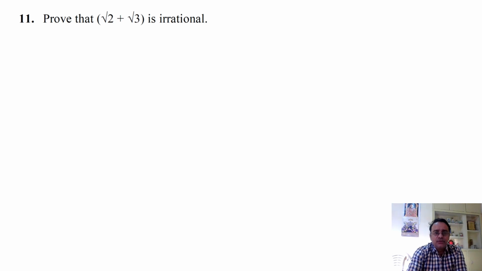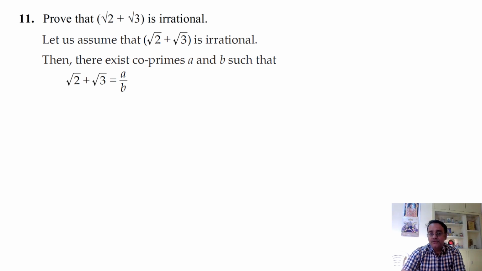Now we'll move towards proving that root 2 plus root 3 is irrational. So I will explain this by using 2 methods. First I will take up the a by b method. After that I will use the second method which we did in class, right. So let us assume that root 2 plus root 3 is irrational, sorry, rational. So I'm going to cut this part, right? Okay. So let us assume that root 2 plus root 3 is a rational number.